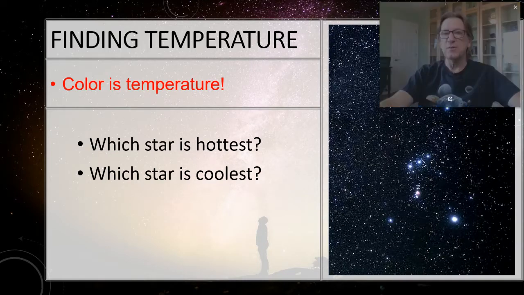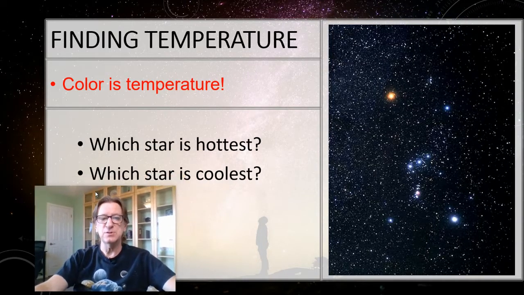So let me move my video down here so that you can see. This is the constellation Orion, and you may have seen this in the southern sky. We did this actually when we were talking about motions and star maps and things like that. But here's Orion's belt. This is a star-forming region. This is the Orion Nebula. This is where new stars are being born. So we're going to be spending quite a bit of time with this later on in the class.